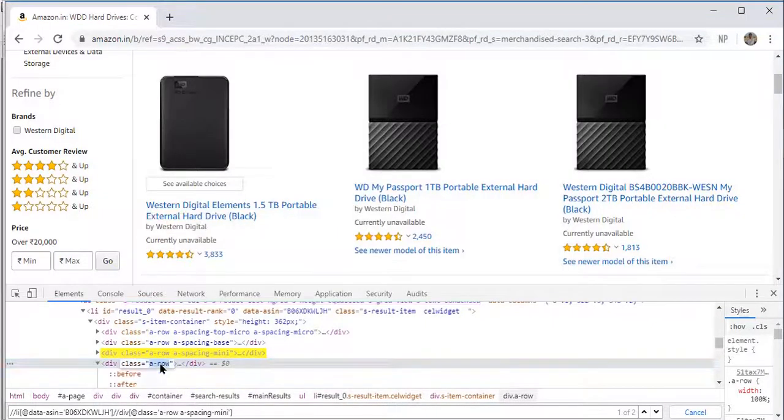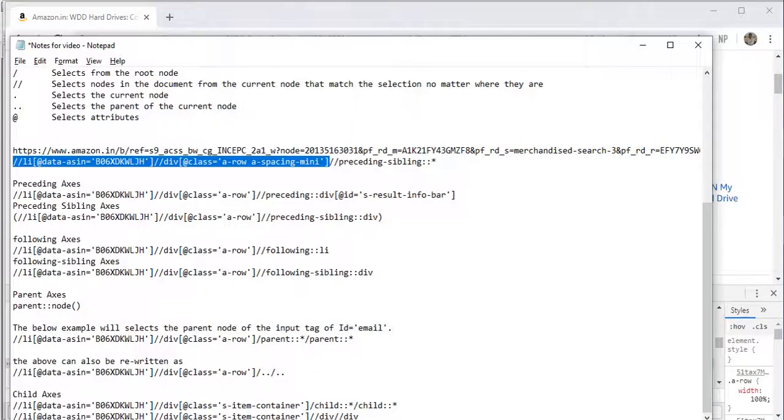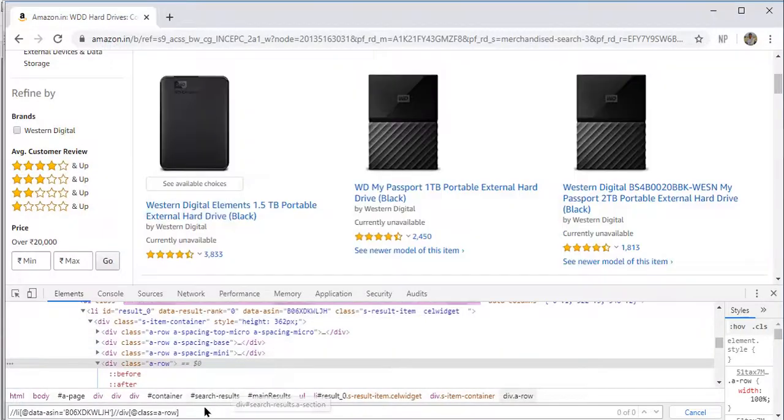I will just take this one. This row is uniquely identified.